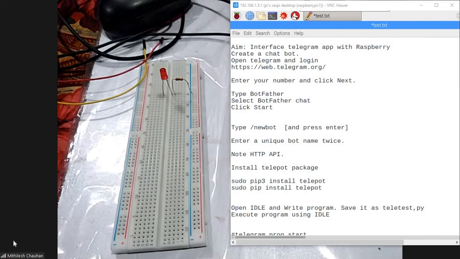Next, we have to interface our Raspberry Pi with the Telegram app. Telegram can be installed on your mobile phone, and with the help of the mobile phone we can send a signal to the Raspberry Pi, and the Raspberry Pi in turn can perform some actions. Say some components are connected to the peripherals of the Raspberry Pi, and we are sending signals to those components. So indirectly we are managing those components or devices with the help of our mobile.